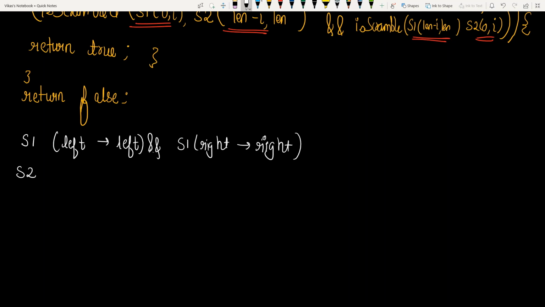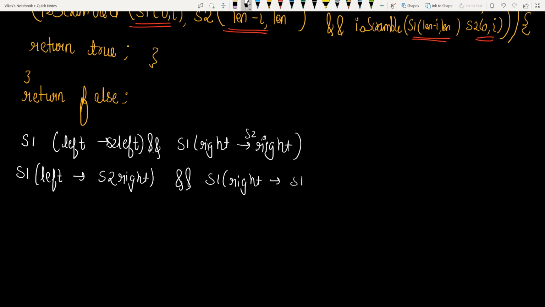Otherwise, there is one more condition, that is, S1 left matches with S2 right, and then S1 right matches with S2 left. If either of these two conditions is true, then we return true, otherwise we return false.